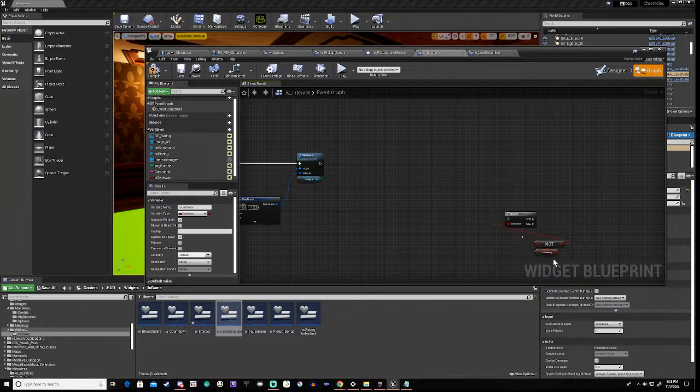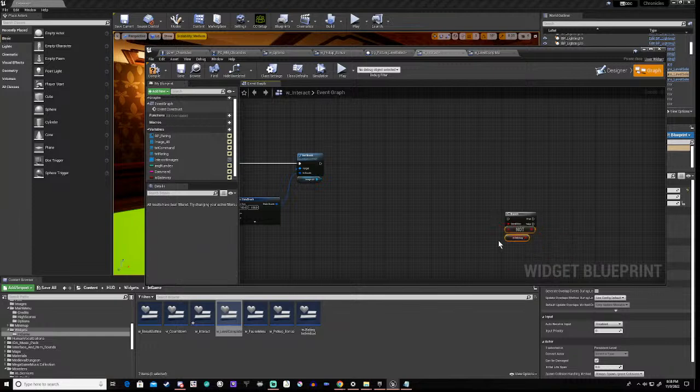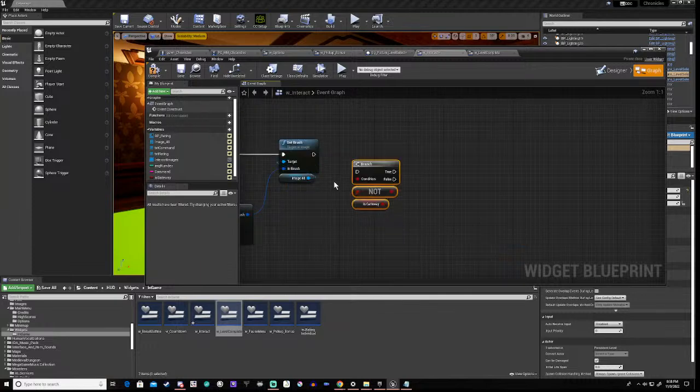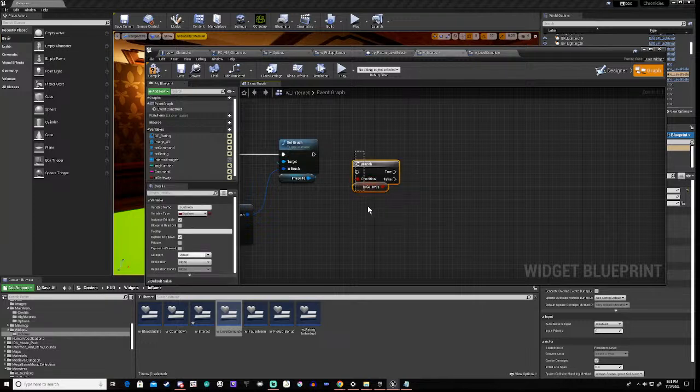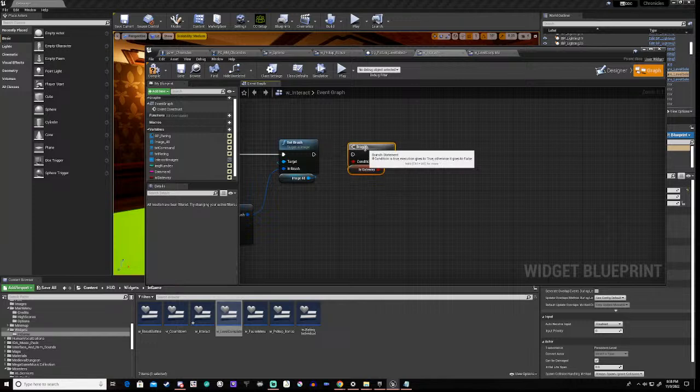Move that to there, move that up, and then we shall actually take the true off, or the not, and if it is the gateway,